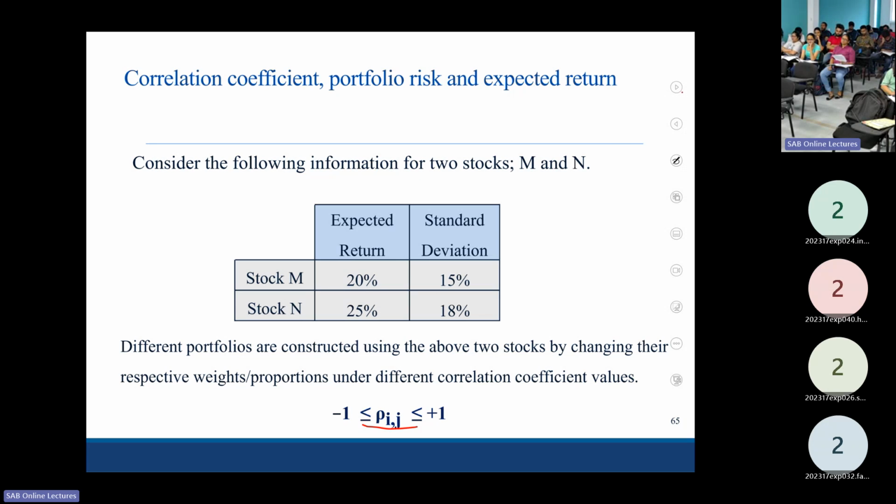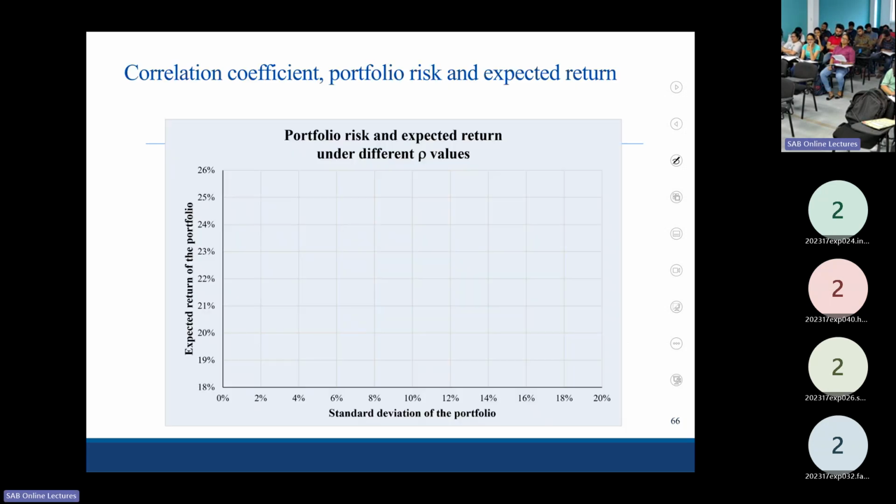Right. So if you construct like this, you can see, if you take the correlation coefficient as -1, -1 means perfectly negative. So this is the behavior of portfolio expected return and risk for different combinations, different weights. Now look at this point, the point about the stock M. If you invested in stock M